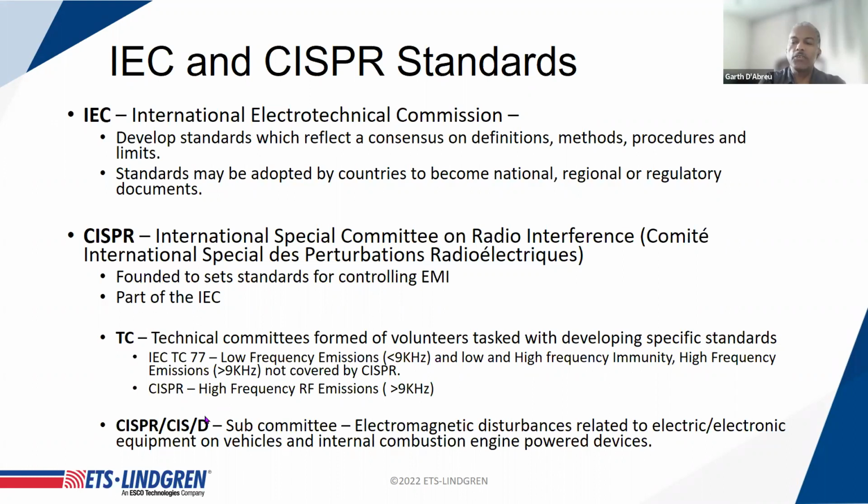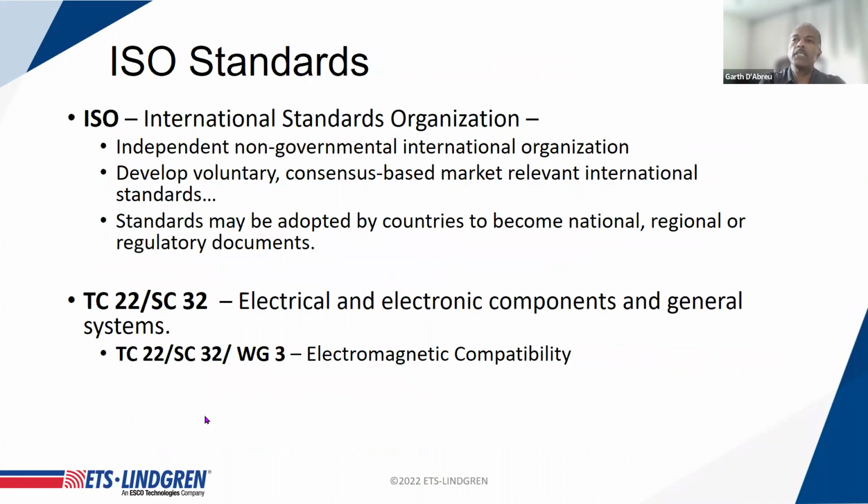They all work in industry in one aspect or another, and come together to help support the formulation and development of these documents. Another one is the ISO group, and again, the TC 22 Subcommittee 32 is involved with the immunity standards, and this group covers ISO 11451, 11452, and 7637 as the three main documents that cover full vehicle and component immunity